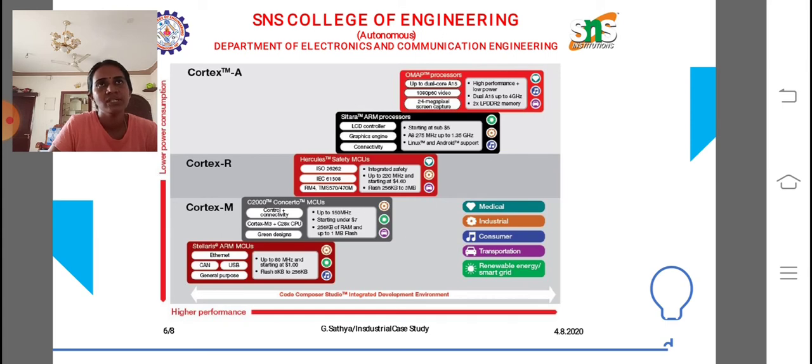Cortex A, Cortex R and Cortex M operate over different bus communication units, that is, Ethernet, CAN, and I2C. Based on the applications, we use different protocols based on the operating speed. If the operating speed is high, that is, it can respond immediately, we use I2C. And the CAN bus is mainly used for window control, navigation, cooling control, everything using the CAN protocol.